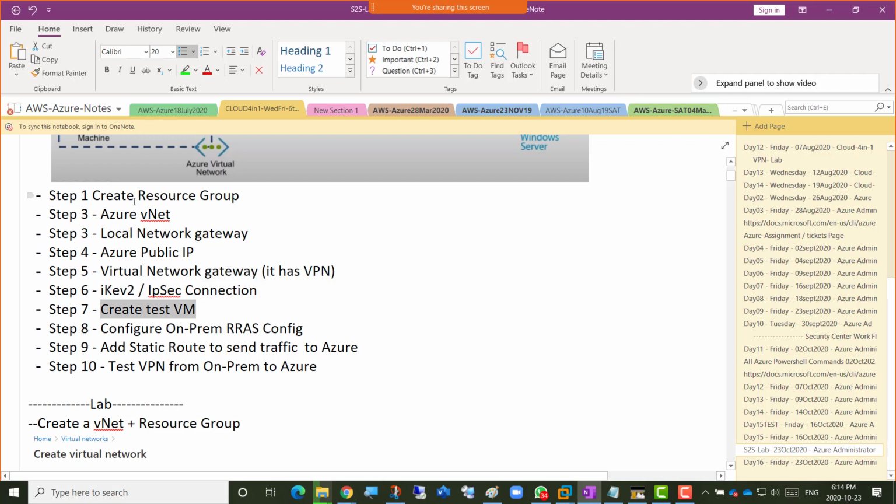You can create the VM when you create a VNet or after that, up to you. Then we're going to go for configuring the on-premises